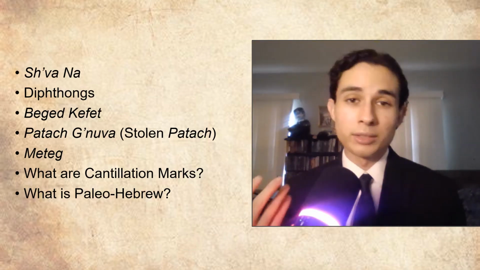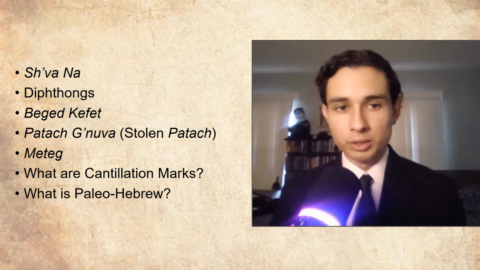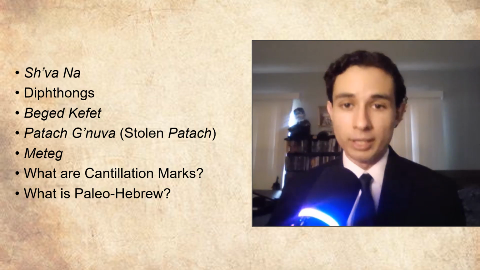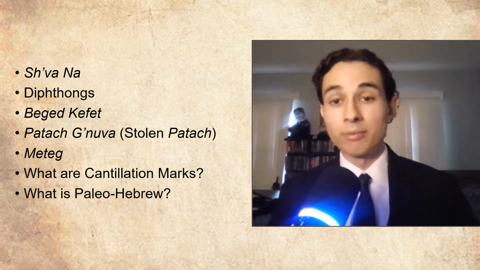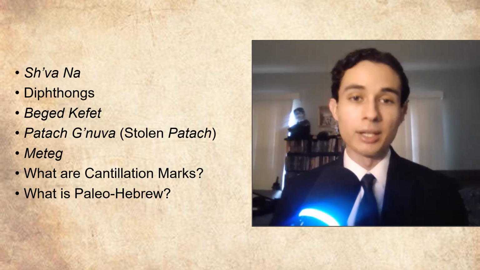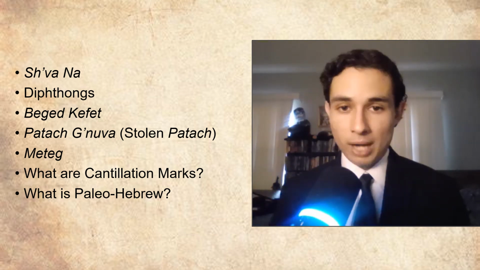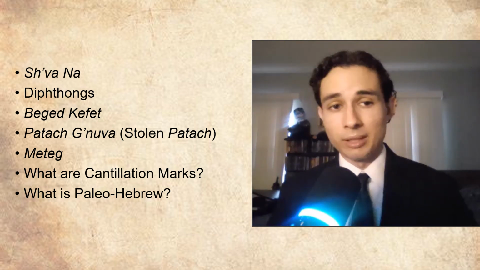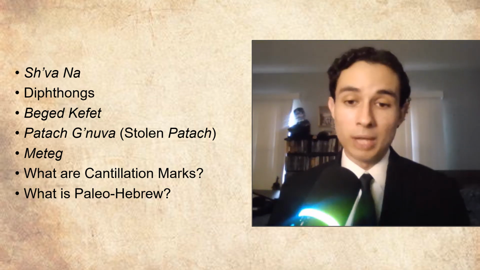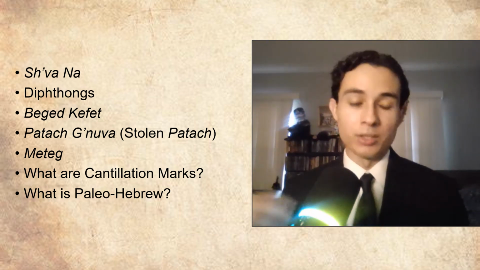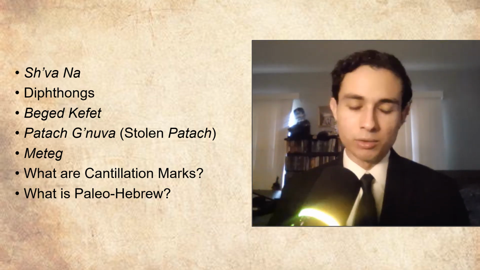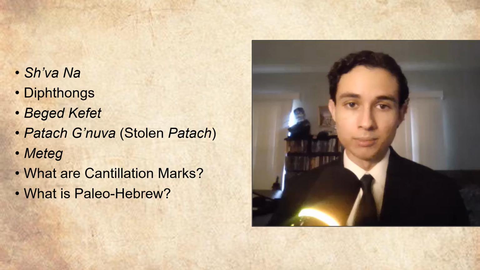So here on the screen is the table of contents of what we're going to be reviewing today. And while this might be our longest lesson, I do want to note again, this is our attempt at a final run at grammar and rules and some frequently asked questions at the end before we're able to enter into our practice. These are the subjects I found to be most important so that later on when we're actually reading and doing our practice, we don't have to say, oh, I forgot to mention this or I forgot to review this. So I think these are the essential topics we must review.